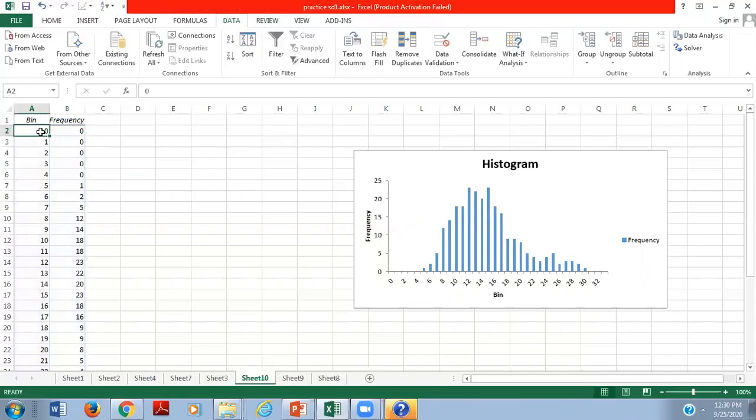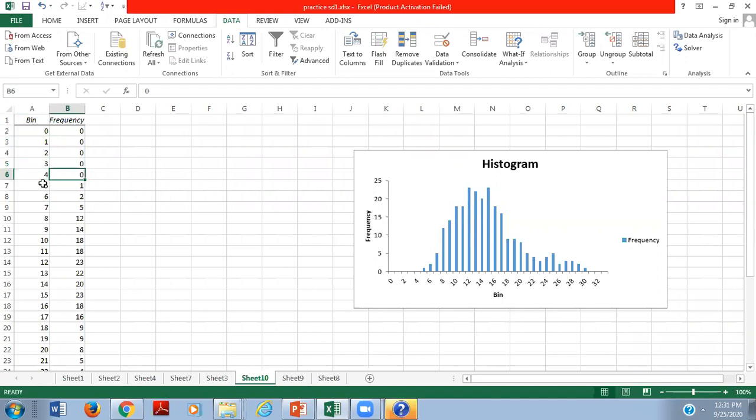Zero persons are there. What does that mean? Bin 0 means 0 persons in 0 days. In 1 day, 0 customers, 0 repair was there. In 2 days, 0 repair was there. In 3 days, 0 repair. In 4 days, 0 repair.